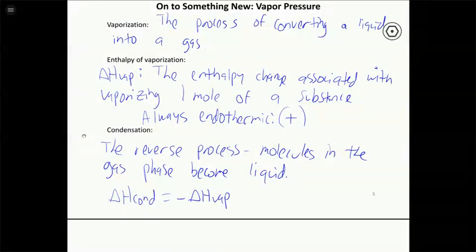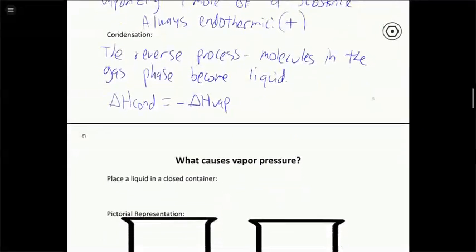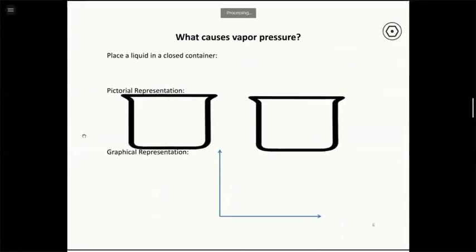All right, so with that in mind, we can now talk about what causes vapor pressure, because we dealt with vapor pressure way back in chapter 8, I think it was, when we talked about gases. We have those problems where we collect a gas over water, and we talk about how the total pressure is really the sum of the gas pressure and the water vapor pressure. So why is there water vapor pressure always above liquid water, or vapor pressure above any liquid that we have? Let's try to understand how this happens physically.